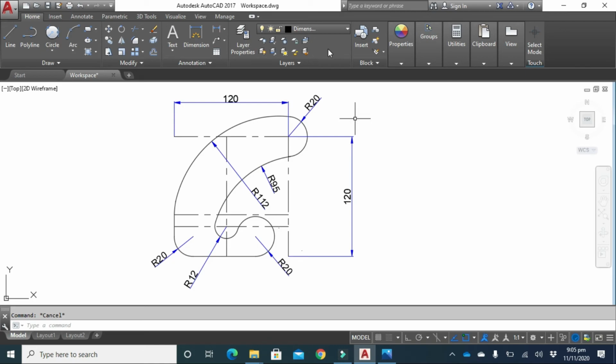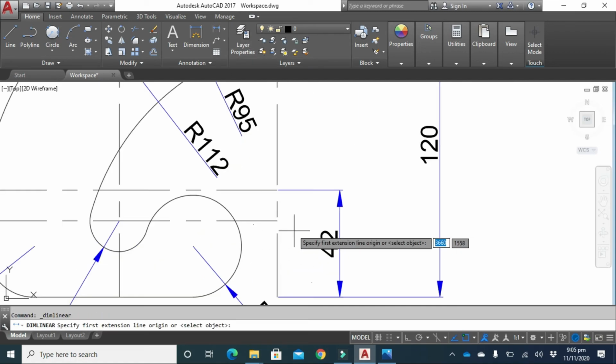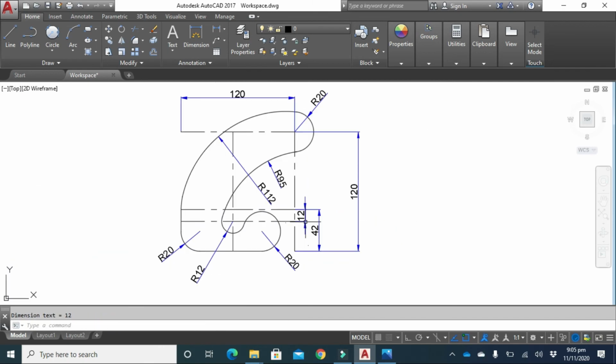Escape, again change it to default and click on linear, this point and this point. This distance is 42, again linear, and this distance is 12.